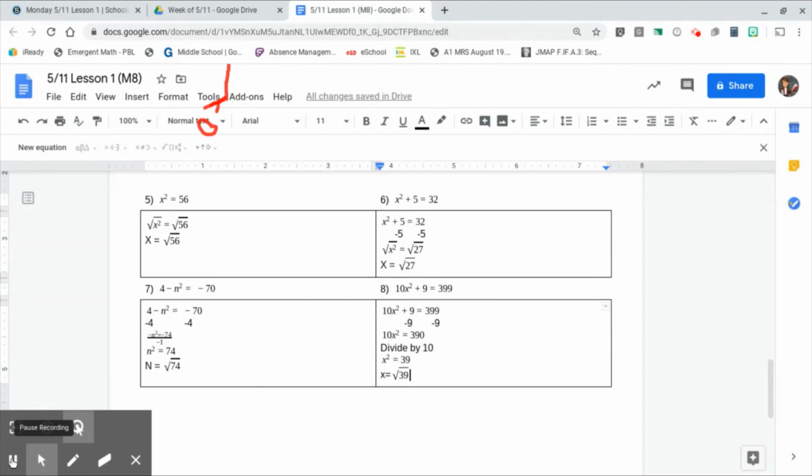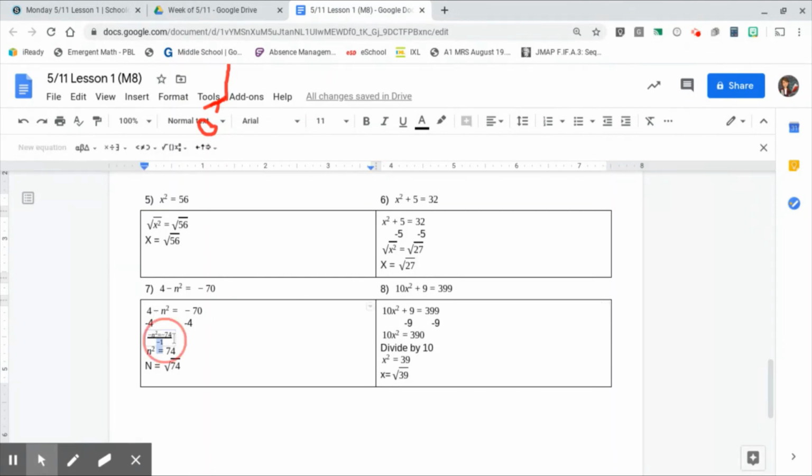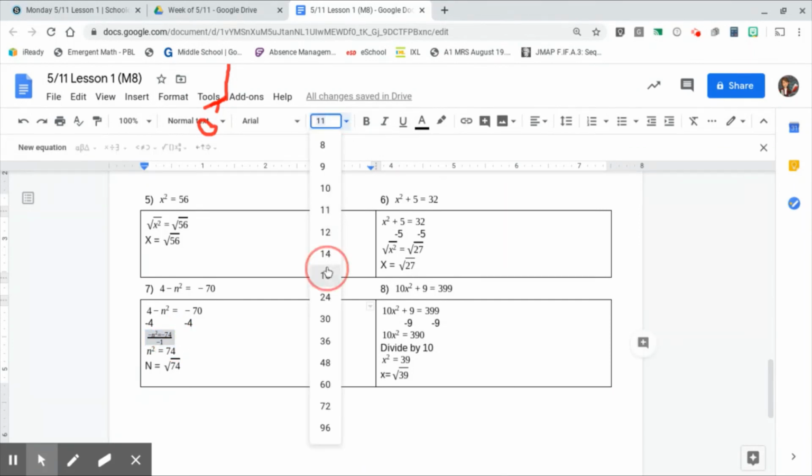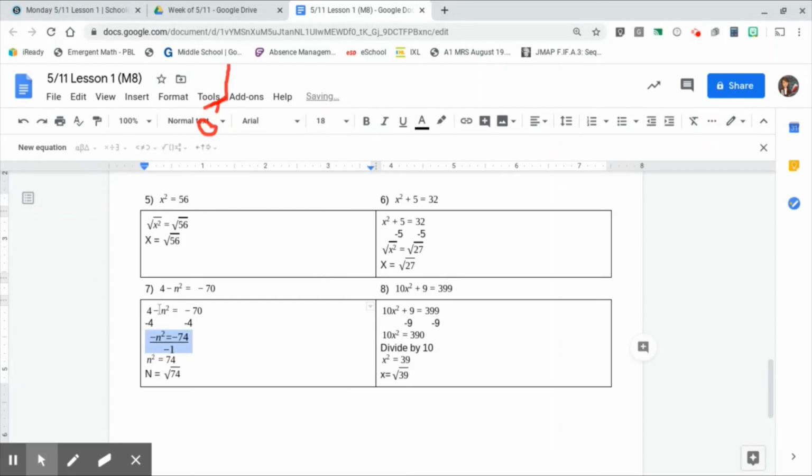Okay, go ahead and check your work with my work. Number 7 was a little tricky. You had to subtract 4 from both sides. And I know you can't see this too well, but I'll make it a little bit bigger for you. But we are left with a negative n squared, okay? That negative n squared, a lot of us would miss because we think that minus is with the 4 instead